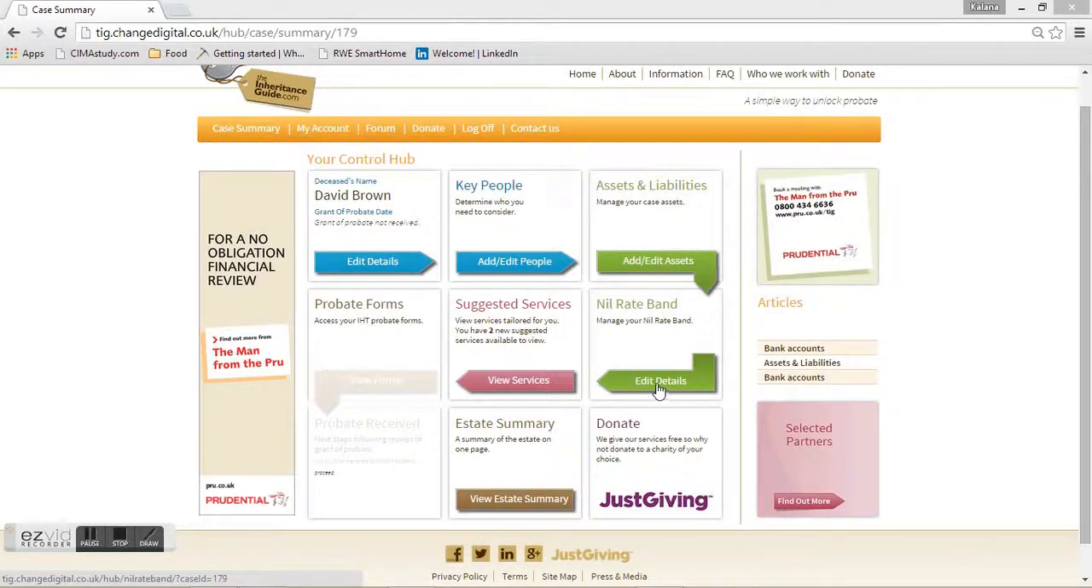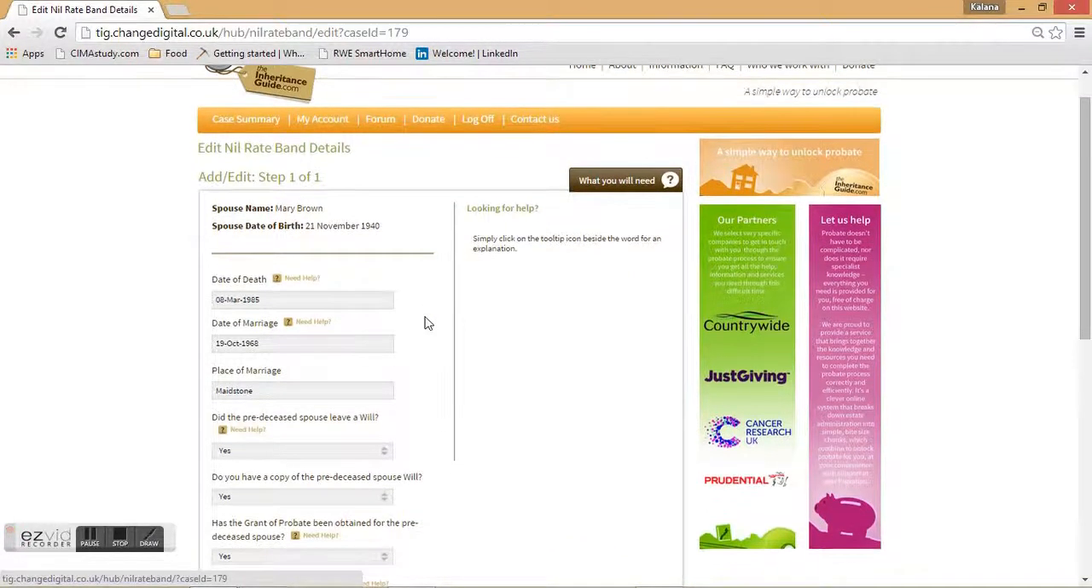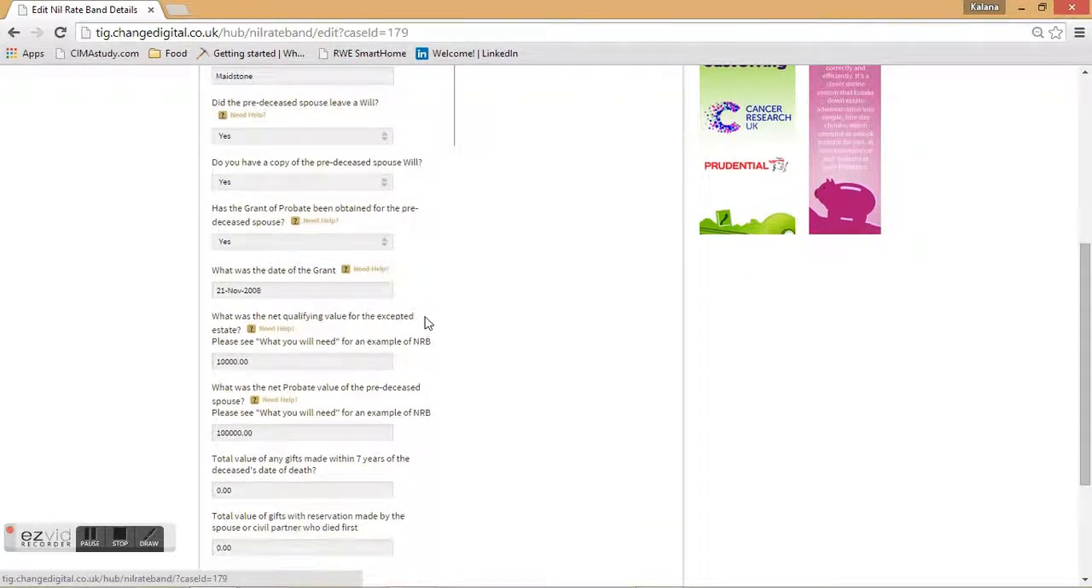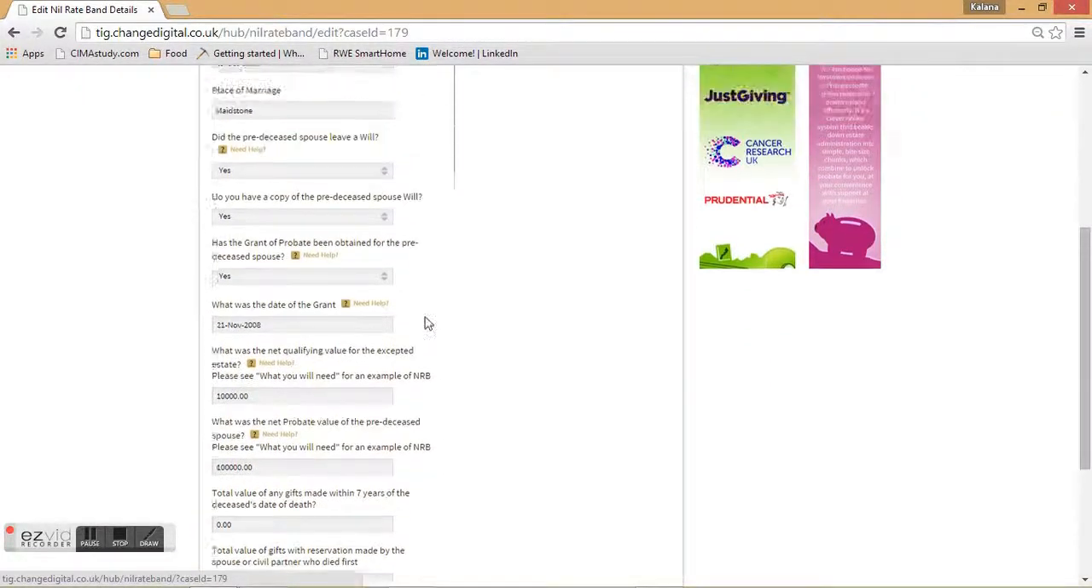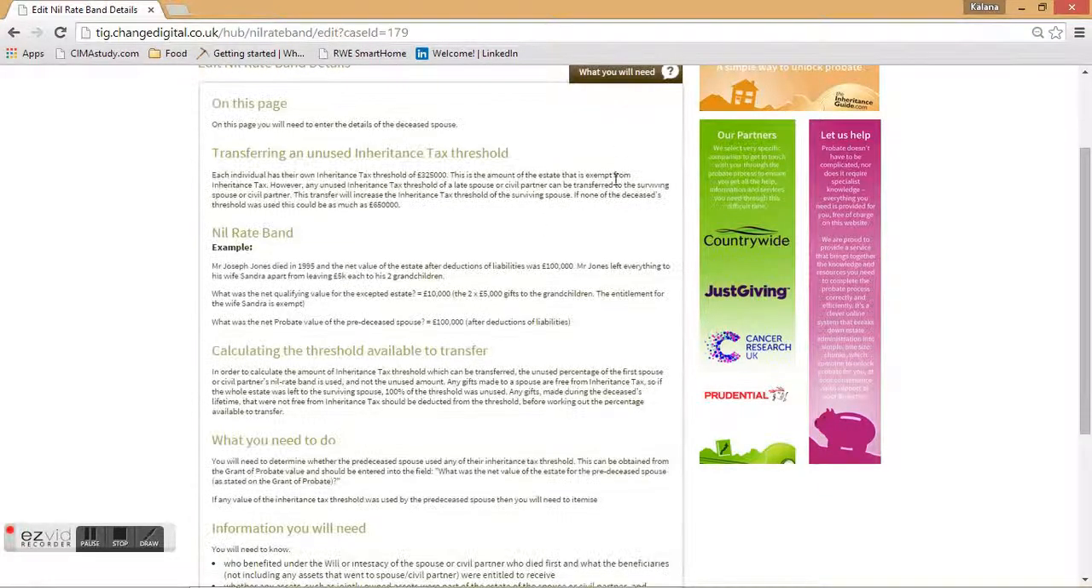You will be presented with the following screen. When you die, you have an inheritance tax allowance which is currently set at £325,000. If your estate rises above this value, then the estate becomes potentially taxable. If the deceased was widowed, then this can be offset by utilising any unused inheritance tax allowance of the predeceased